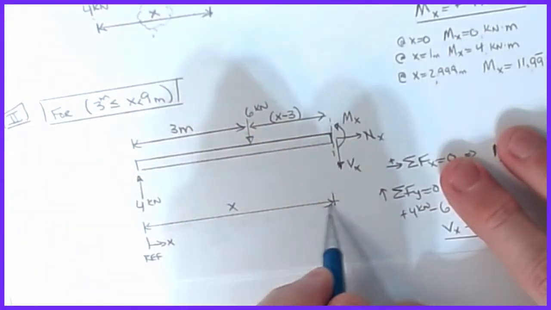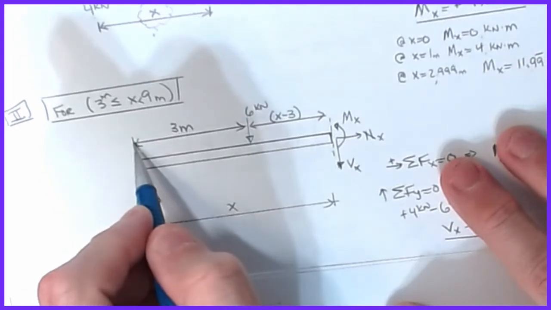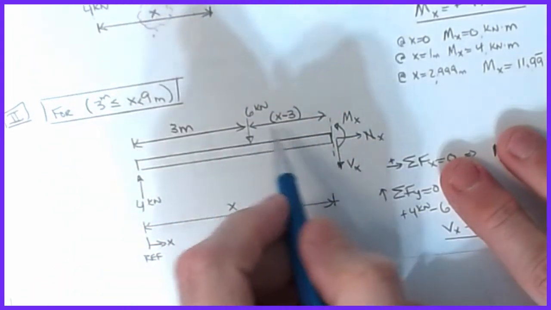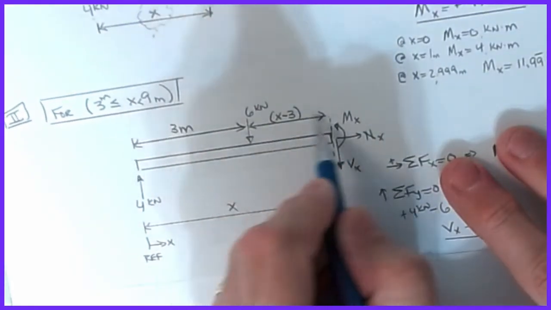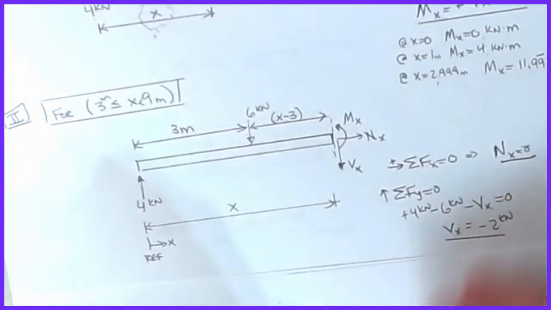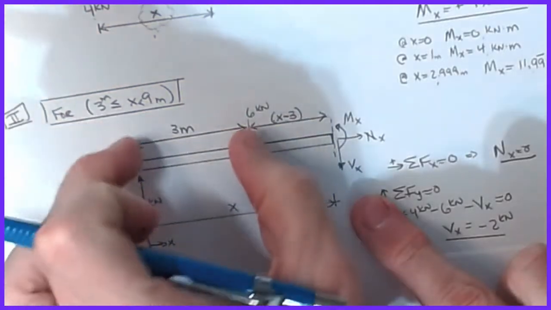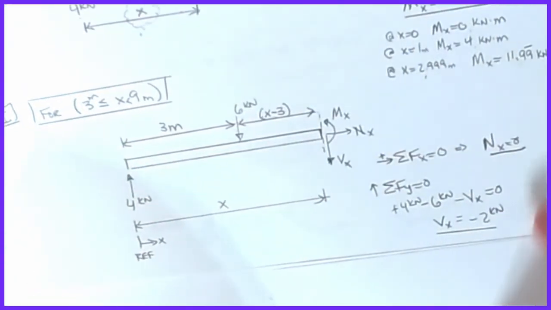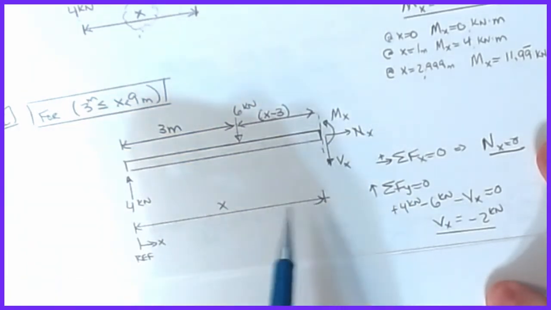I'm x from here to here. I'm 3 meters from my reaction to the 6 kilonewton applied load, which means the remaining distance is x minus 3. It's this total bit minus the 3 here. That's the piece that's left. And so when I do that, then I can go in and just like before, I can write my